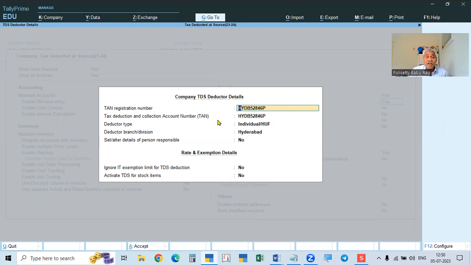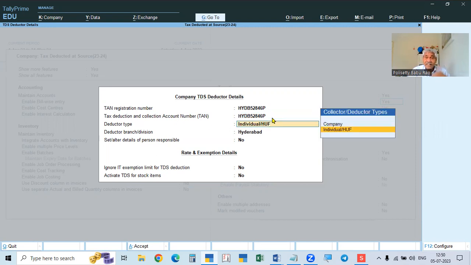When you are applying for the TAN registration, they will give some registration number that we have to enter. I entered the same thing, and next they will give the TAN number, so that number is to be entered. And we are the deductor type, because in our PAN card, the 4th alphabet of the 5 alphabets indicates the type of the person. P is person or proprietary concern, C is company, F is partnership firm, S is society. Like that, the 4th alphabet indicates the status or type of the person.